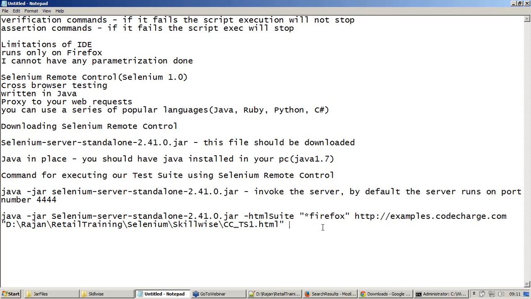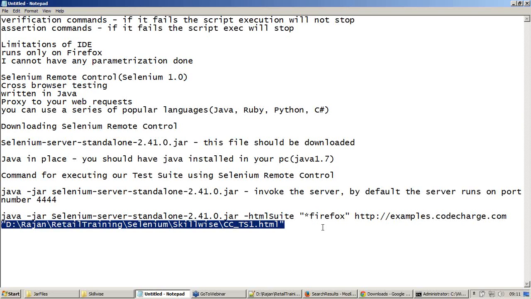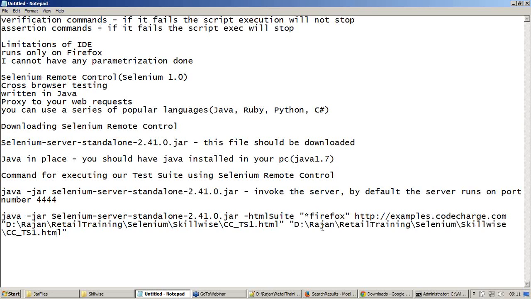If there are any errors, how am I going to troubleshoot? For which I will be in need of logs. So the next parameter or argument that I'm going to pass is result. This file does not exist right now, but at runtime it will be created by Selenium server.